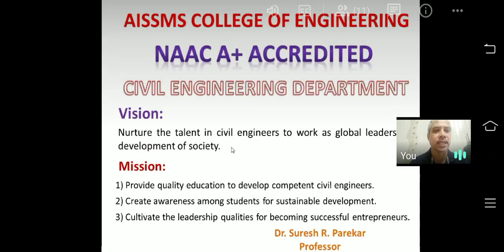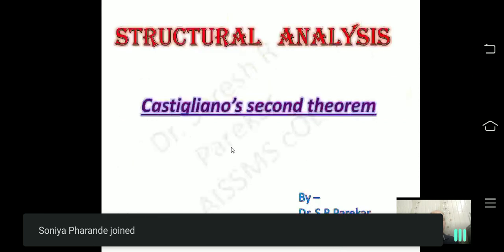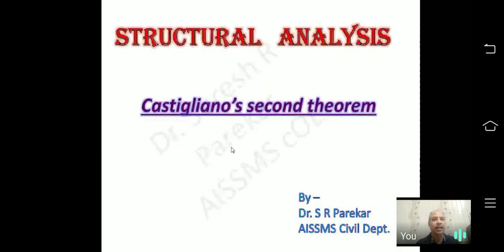Now we have the second method, that is Castigliano's second theorem. This is actually a little bit lengthy and difficult to understand, because we have to take moments clockwise and anti-clockwise, and we have to apply that concept here. In your whole syllabus, only in the theorem of three moments is the concept of hogging and sagging required. In the others we need not require it. We can use the sign convention: clockwise plus, anti-clockwise minus.